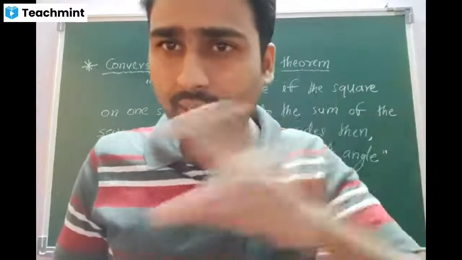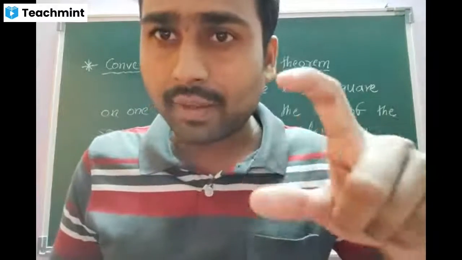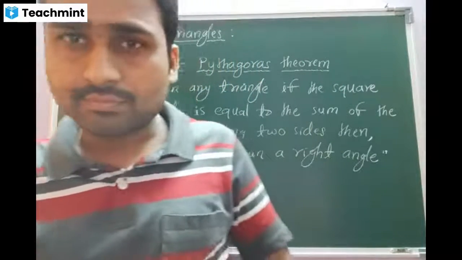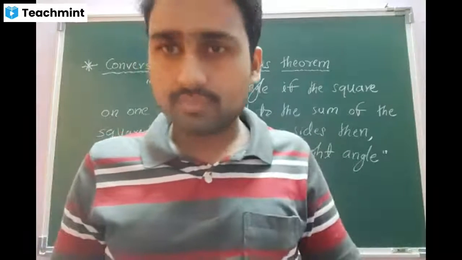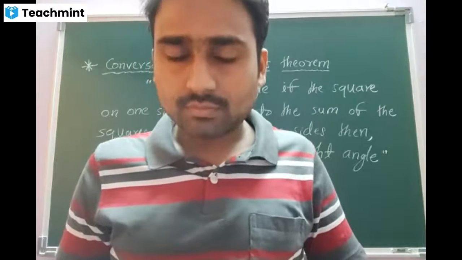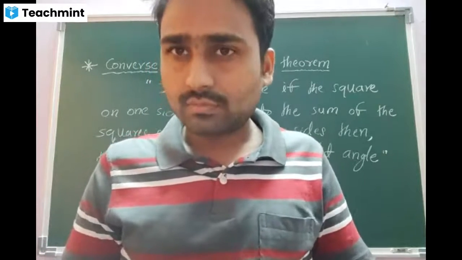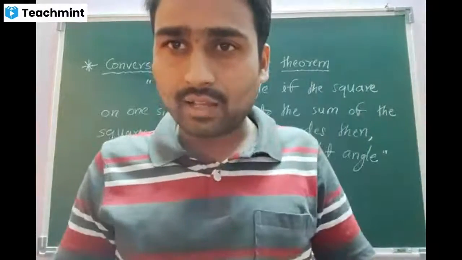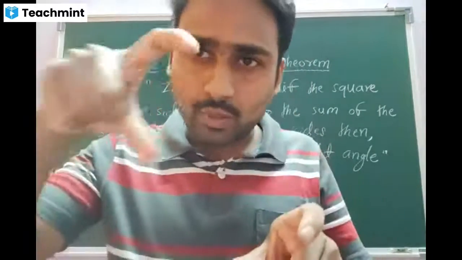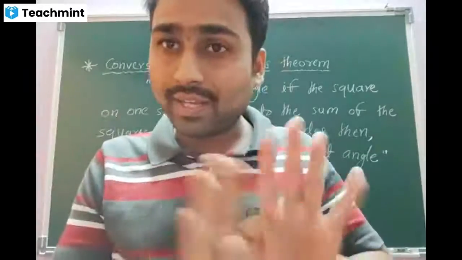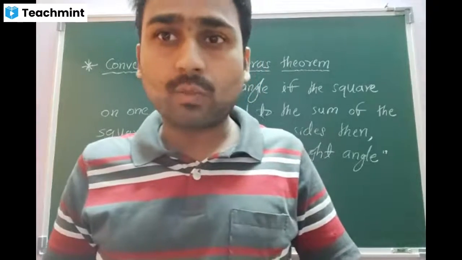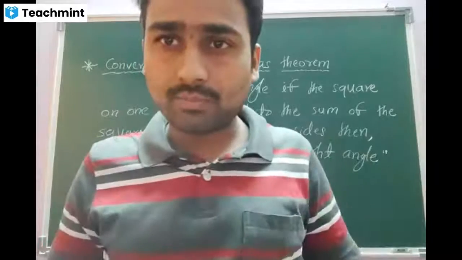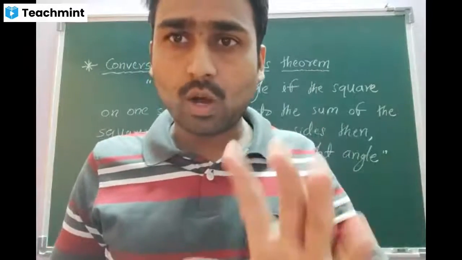Now, let me repeat the statement of Pythagoras theorem. Quick. Any one of you, read it. In a right angle triangle, square on the hypotenuse is equal to the sum of the squares on the remaining two sides. Very good. We learnt in a right angle triangle, if you take the hypotenuse, square on that hypotenuse will be equal to the sum of the square on the remaining two sides. This is the statement of the Pythagoras theorem. We learnt the proof also, how to get it. Right, beta?